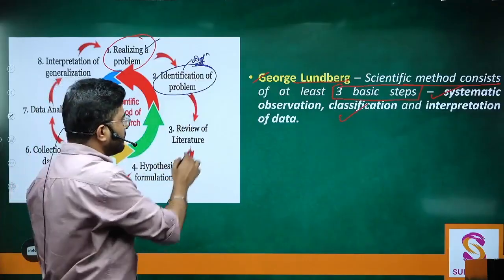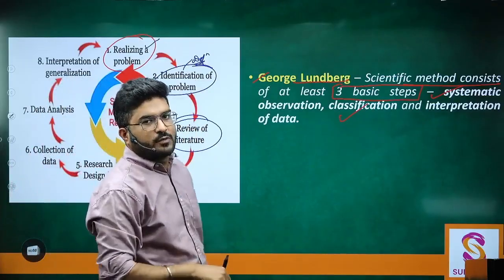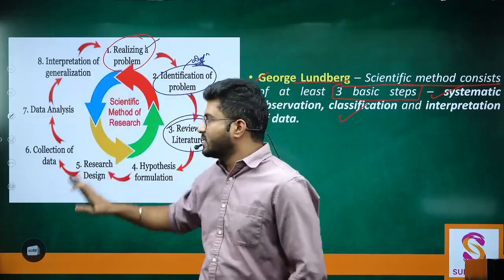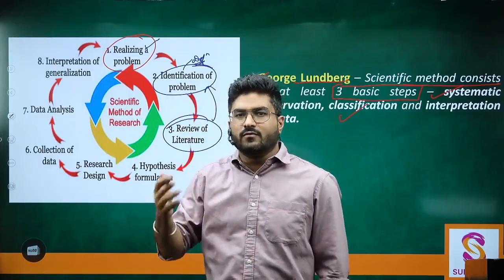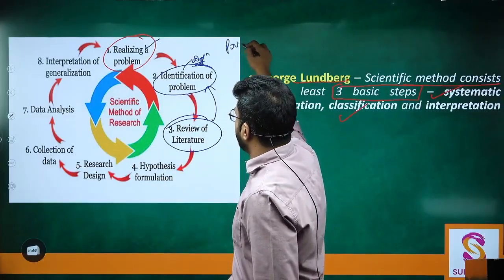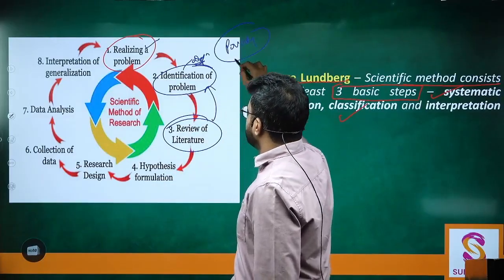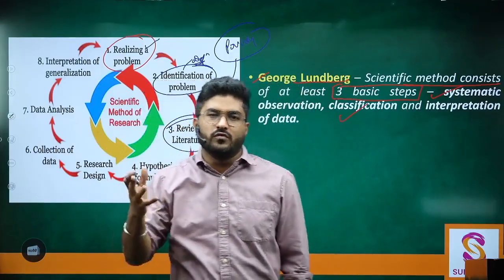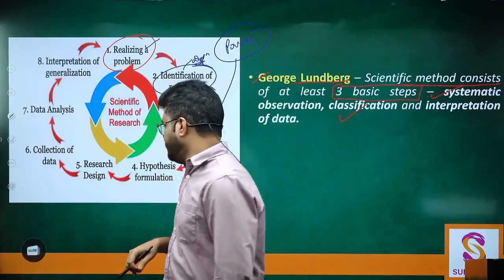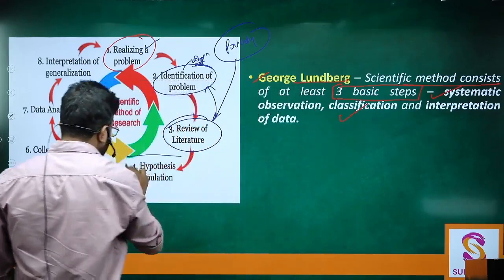The third step will be review of literature. What is the review of literature? Whatever literature, whatever data we have before it. For example, if one wants to understand the poverty dynamics, he will first try to find out what data are available related to poverty. So reviewing that particular literature. The next stage will be hypothesis